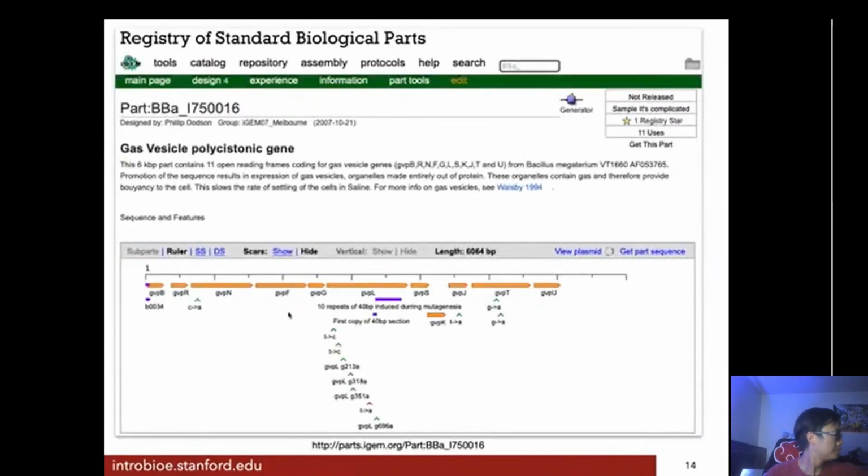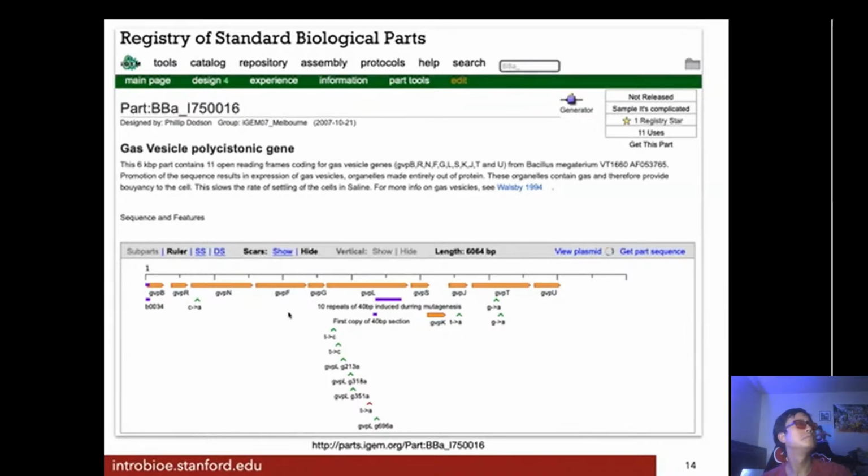Sure enough, students before you have been working on this more than anybody else, frankly, because they want this language and grammar. Here's an example: the Registry of Standard Biological Parts, made by students in high school and college. The website is down at the bottom, where you just go to parts.igem.org. Here's a part we can find in this very immature early dictionary for programming DNA.